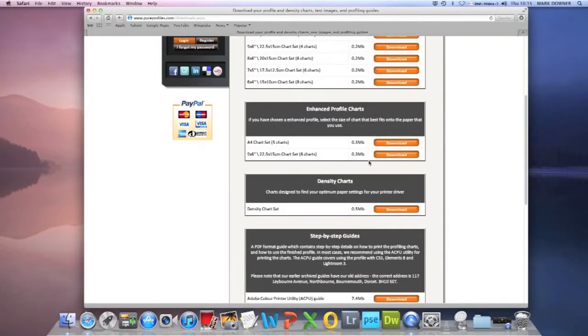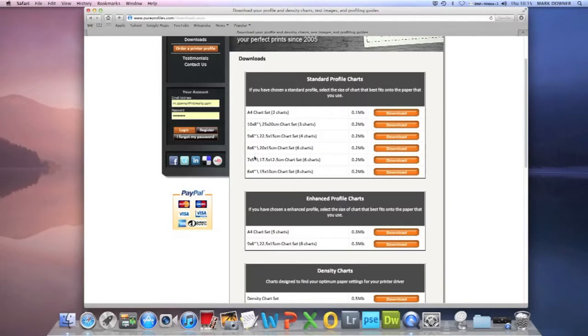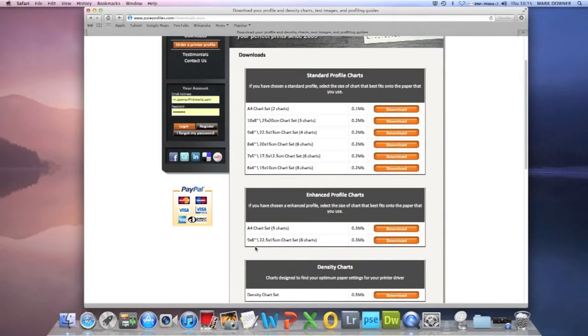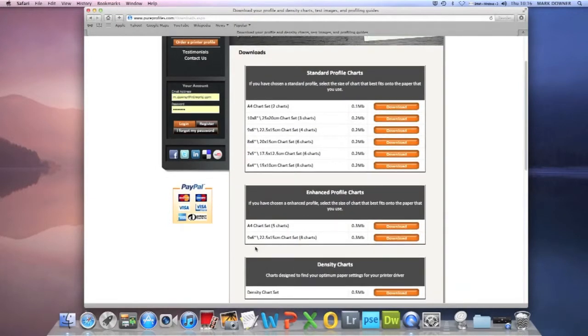Now, you'll notice that there's a number of different sizes on here. The profiles, the charts themselves come in different sizes to fit the paper that you use. You want to use the largest paper that you can get hold of. So if you've got an A4 printer and you're using, say, Epson glossy paper, and you've got 6x4 paper and you've got A4 paper, go for the A4 paper